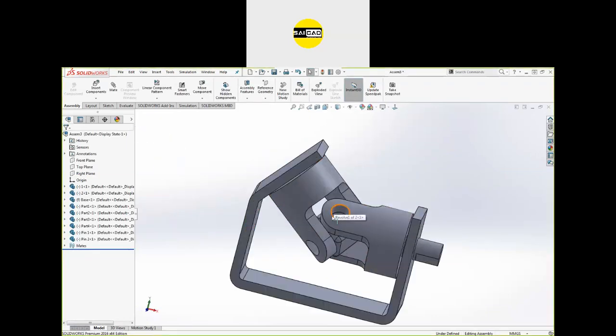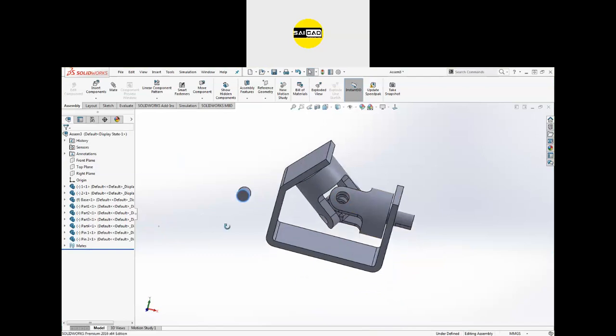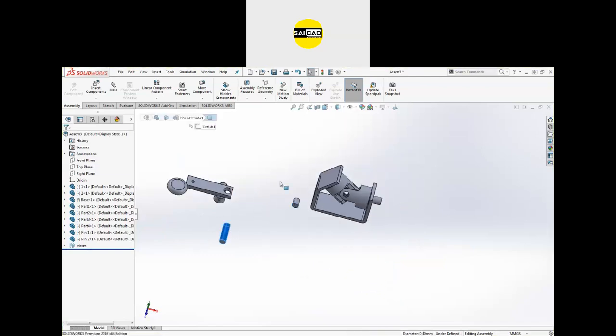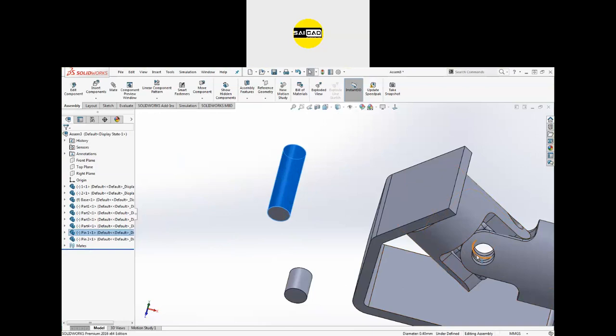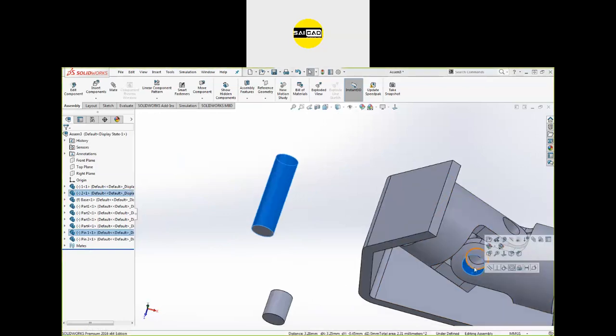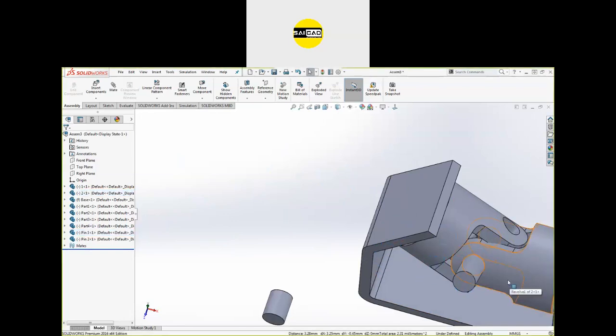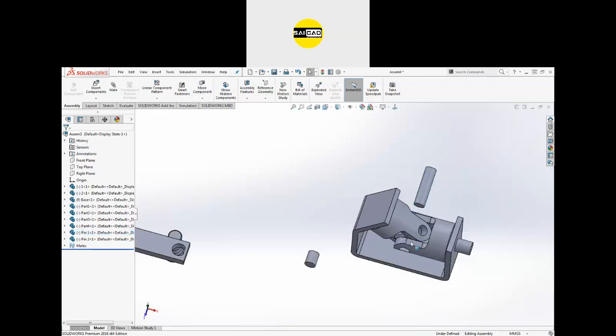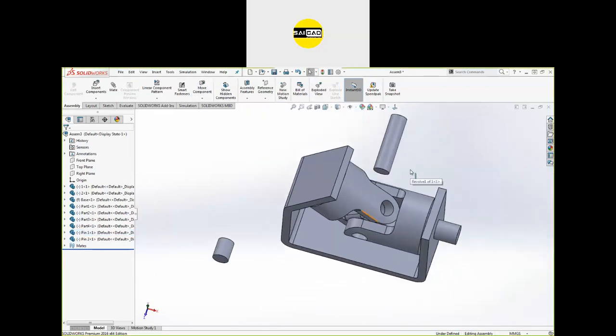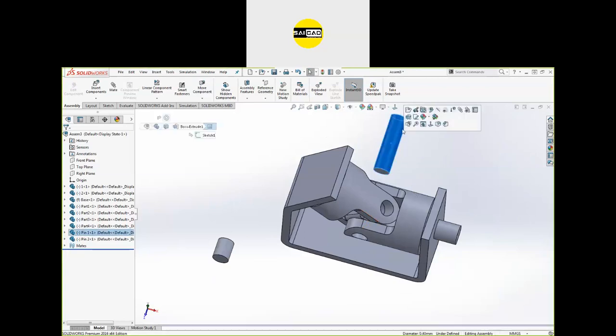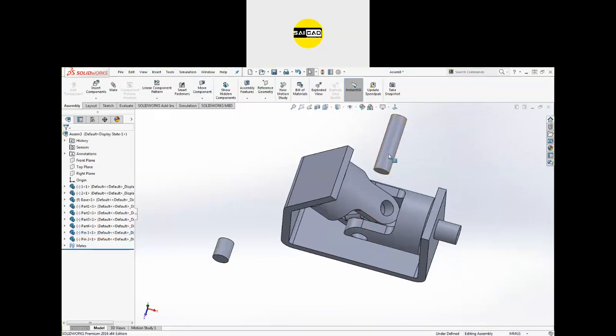So after that, we have to insert some pins here. To insert the pins, you can see we have a smaller pin, we have a larger pin. So select the pin, select the face from inside, define the relation concentric, and the pin will be inserted. Now you have to restrict its motion. So to restrict the motion, we have to select some faces. Now you can see that when I created these objects, there was some planes. So select the object, this is the object, and select this one. So this one and this one, these are the two objects that I'm going to specify some relation.